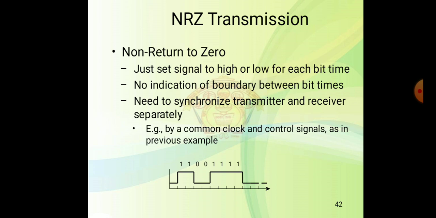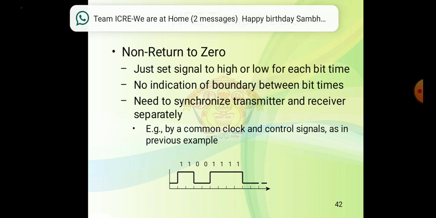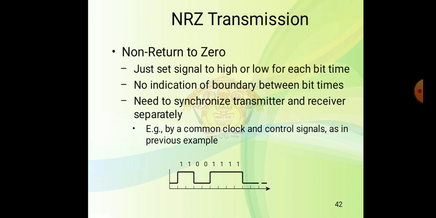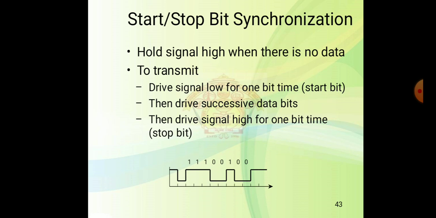There are three basic ways in which we can synchronize the transmitter and receiver. First, by transmitting the clock on a separate signal wire. The second way is by signaling with the start and stop bit. And third is the approach still used to connect some devices, serial communication ports in modern PCs.